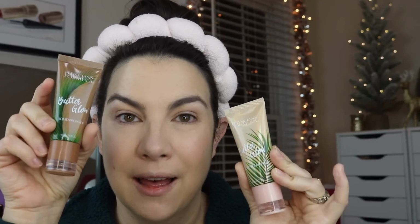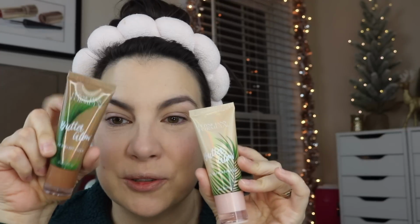We're going to go on with some liquid bronzer products, and I feel like I see these things getting nothing but love on TikTok and other forms of social media. The Butter Glow from Physicians Formula. This is their liquid bronzer, and this is their liquid highlighter. So I'm going to first use the liquid bronzer. I see some people going in with this practically like it's a primer. I've seen it mixed with foundations, and I see people really just enjoying using a bit of it as that liquid bronzer. And I feel like I really liked it when I first got it, but